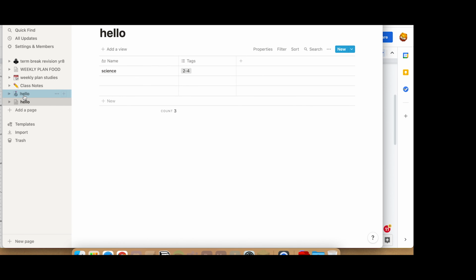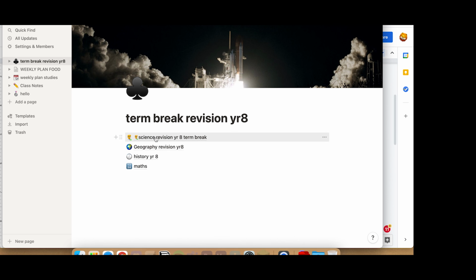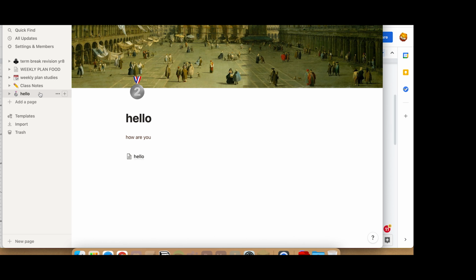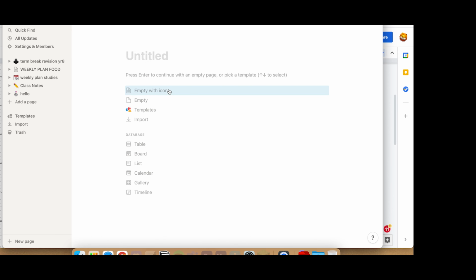Another, the fourth, is how to organize. Now I want this thing inside this. Now I can do this, and then it will be here. Now I can add pages of notes. Like what I did over here is I've created separate divisions. Like I'll show you, you can create a division like pages,